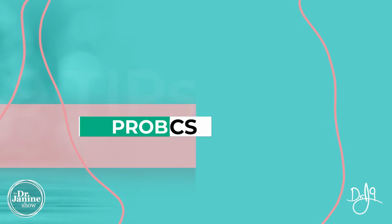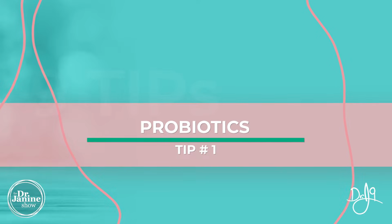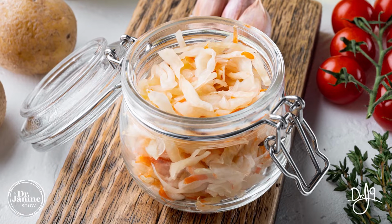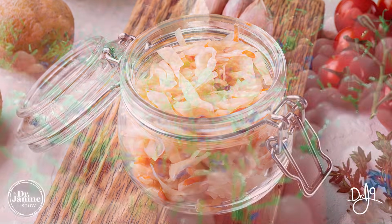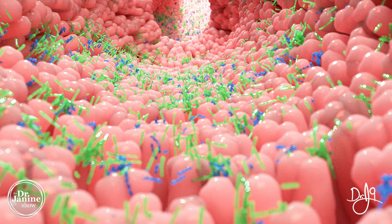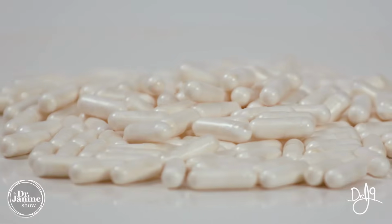Tip number 1 is to make sure that you are getting enough probiotics, so live foods that will help with your microbiome health. We need to have that proper diversity of our gut bugs to help digest our food and to extract the nutrients, and the vitamin and mineral conversion in our digestive tract is important for overall health. So getting enough probiotics in the diet, maybe you have to go to a supplement, may be important for